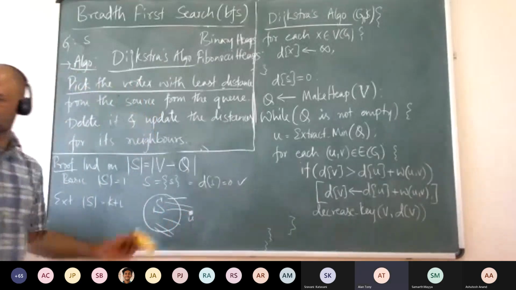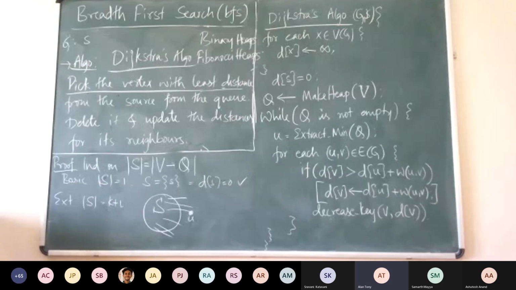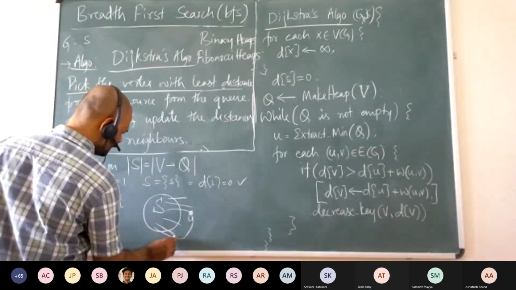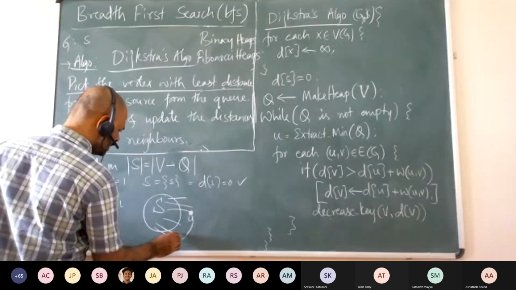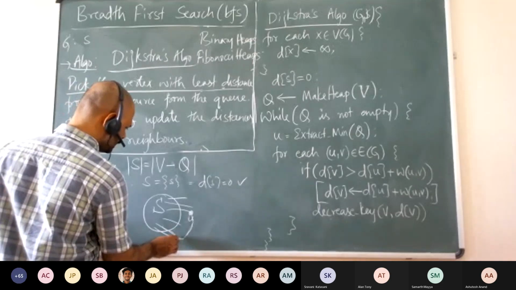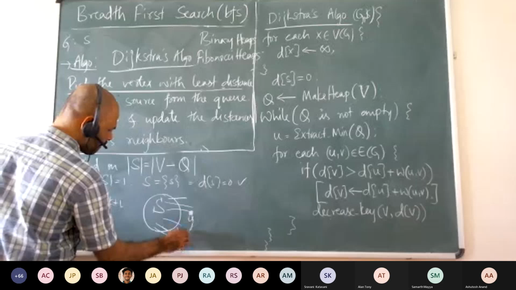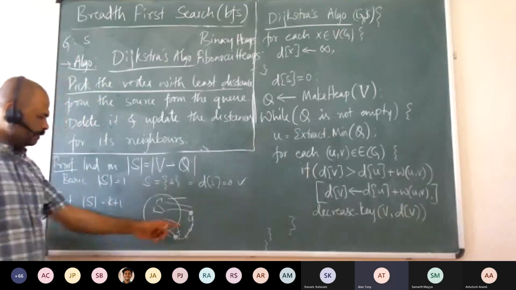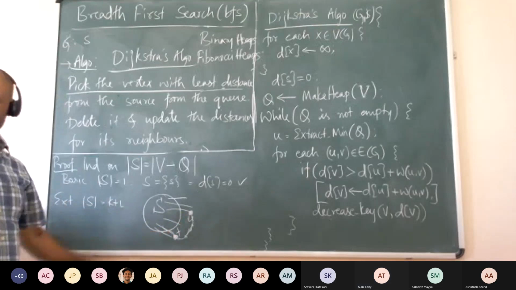Is this fine? It need not be adjacent; it can be through another path. But if it is through another path, something like this, then what will be the distance for this particular vertex, say X? Will it be less than U? No, the distance to X from the source...